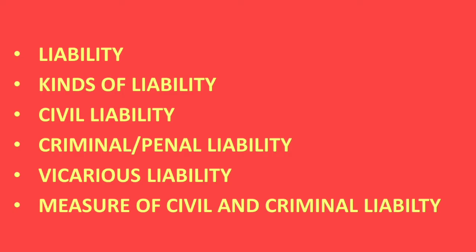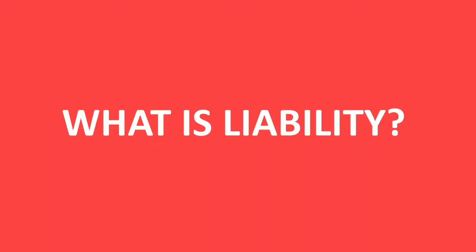In this video, we will cover the topic of liability, its kinds and measurement of civil and criminal liability. What is liability? If one person does an act which is against the rights of others, he will have to suffer consequences. Such sufferings can be regarded as liability. However, different jurists have given different points of view. As Salmond says, liability is a relationship of need between the wrongdoer and the remedy available for the wrong that has been